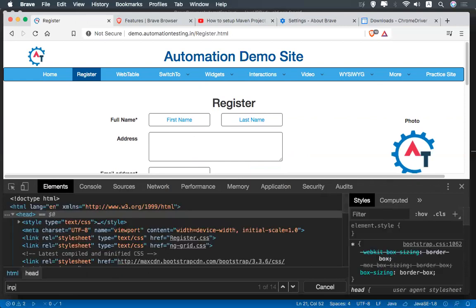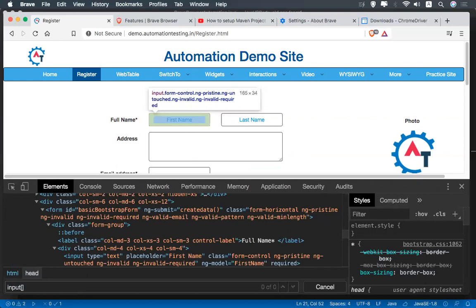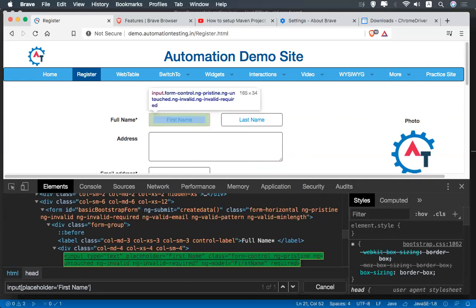So input, I have placeholder for this. You see that when I give the CSS selector input placeholder equal first name, I'm getting 1 of 1 here and it is highlighting. Right, same way how we usually do in the Chrome.